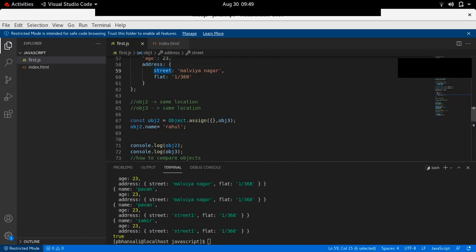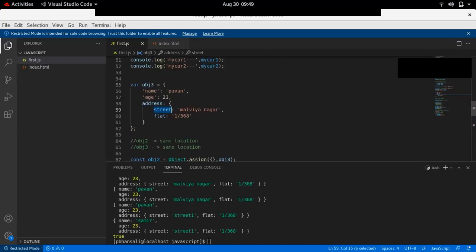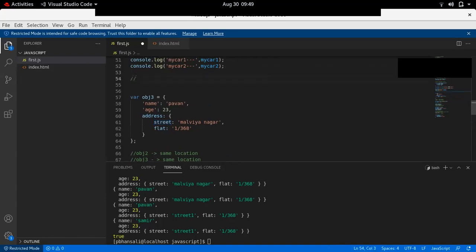This type of duplication or copying of an object from one to another is called a shallow copy, because we are copying only one level of the object.